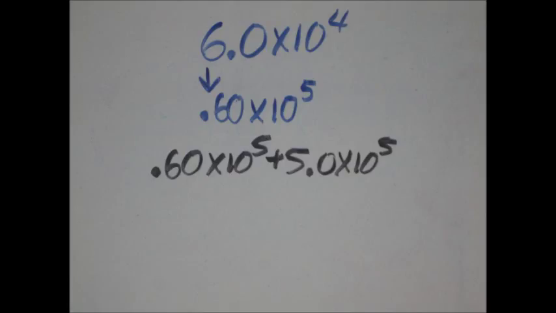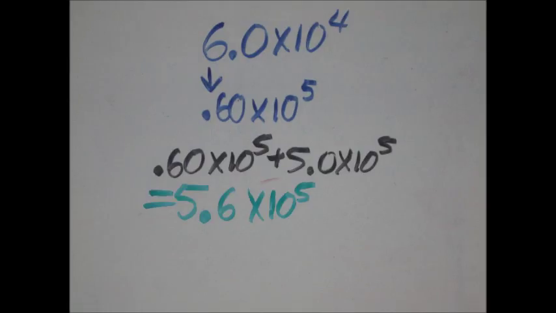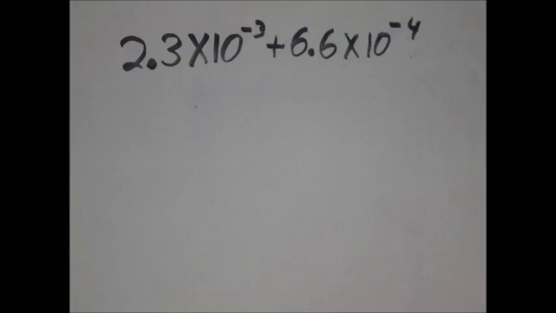So we can change the 6.0 times 10 to the 4th to be 0.60 times 10 to the 5th. This way you can easily add 0.60 times 10 to the 5th plus 5.0 times 10 to the 5th, which equals 5.6 times 10 to the 5th with proper sig figs. But what if the exponents are negative? If we have 2.3 times 10 to the negative third